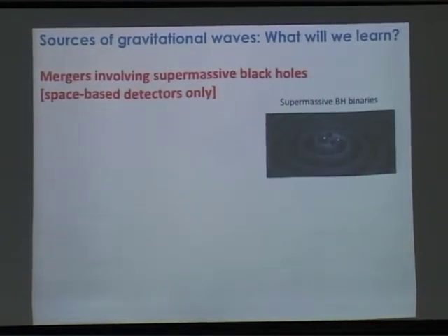What will be the supernova explosion rate for advanced LIGO? What will be the event rate for supernova explosions for advanced LIGO? So we can only see these basically within our galaxy, and the galactic rate is on the order of once every 50 to 100 years. So we'd have to be very lucky to basically see one with advanced LIGO.